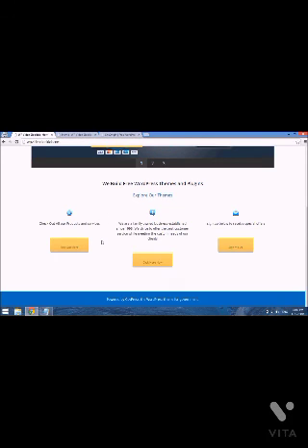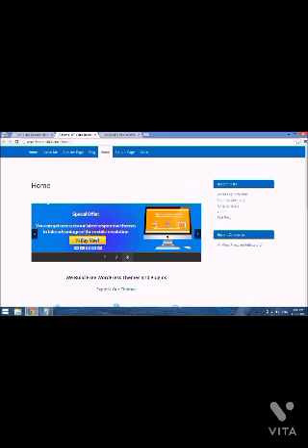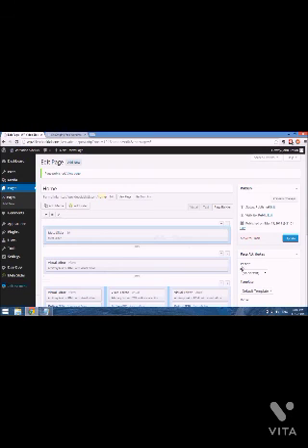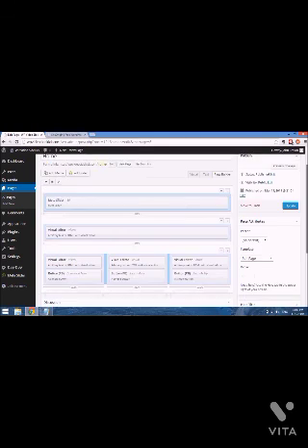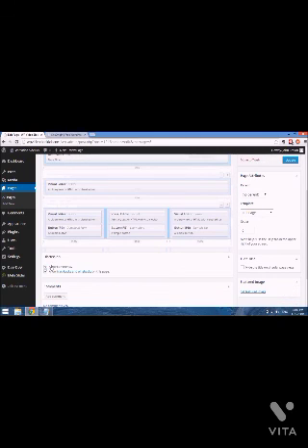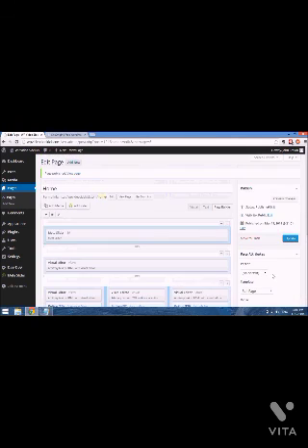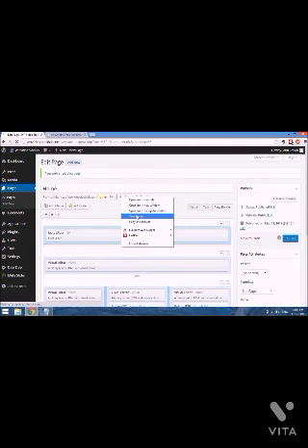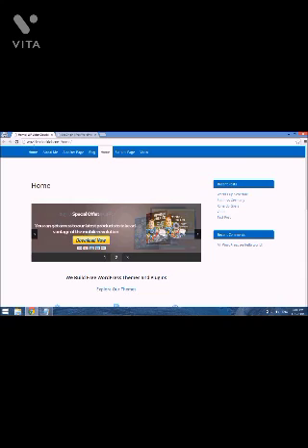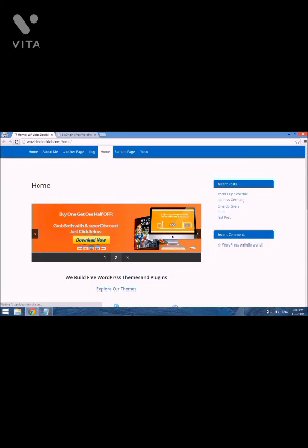I'm just going to go back to our editor, change the default template to a full page, and remove comments, trackbacks, update, and then view page. Refresh,